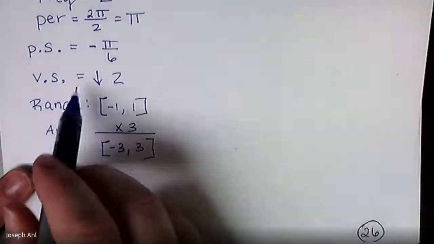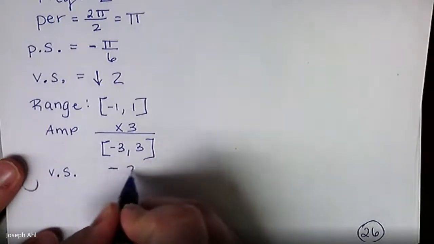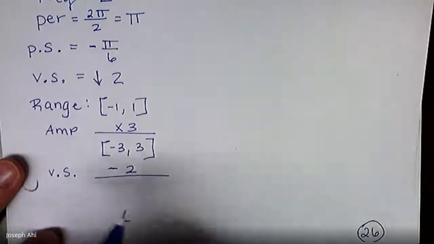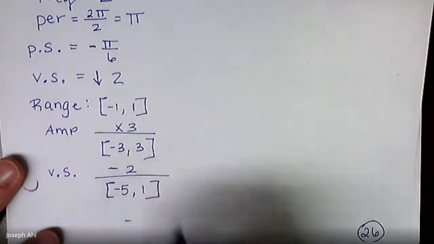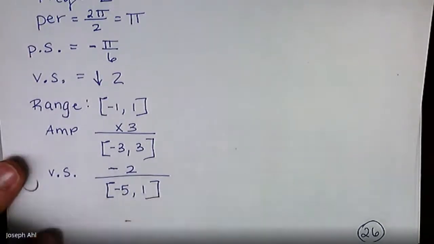All right, and then the last thing we have to do is account for the vertical shift. The vertical shift takes this whole thing and moves it down 2 units. So we're going to take each end of the range and subtract 2 to wind up getting -5 to 1. Okay, this is the final range of y values that we're going to plot when we make our one cycle